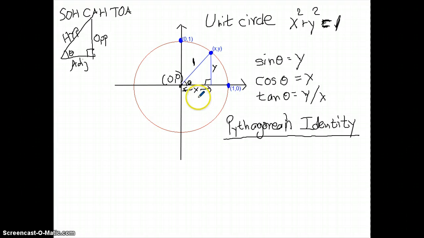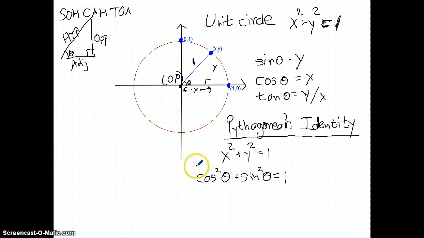And so, you know, the Pythagorean theorem, that's where the word Pythagorean identity comes from. x squared plus y squared equals 1 squared, and of course 1 squared is 1. So I can write this x squared plus y squared equals 1, and because x is equal to cosine of theta, and y is equal to sine of theta,